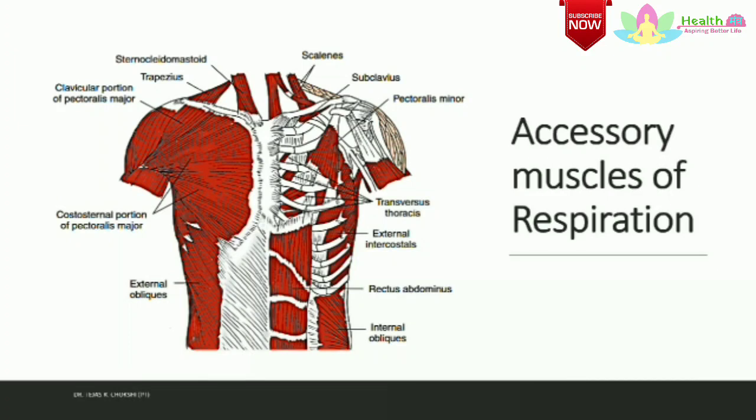The pectoralis minor muscle can elevate the third, fourth and fifth rib during forced inspiration. The subclavius muscle, which lies between the clavicle and the first rib, also assists in raising the upper chest during inspiration. Posteriorly, the fibers of levator costorum, the serratus posterior superior and serratus posterior inferior. These muscles have a role in elevation of the rib cage.